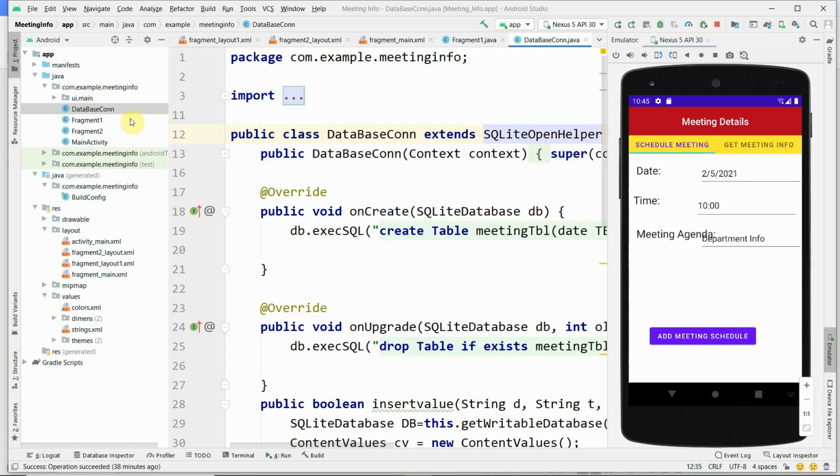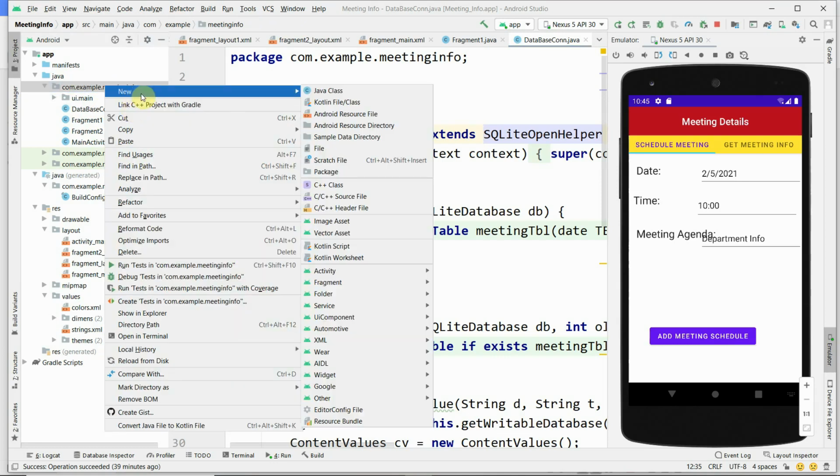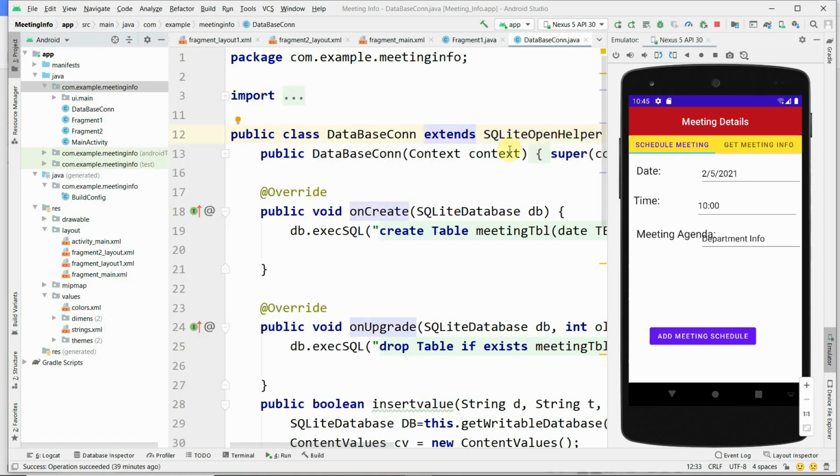When you right click on meeting information, right click and new, and when you select Java class, it just creates a Java class and extends. You have to type with the SQLite open helper. Then it allows you to select two handles.